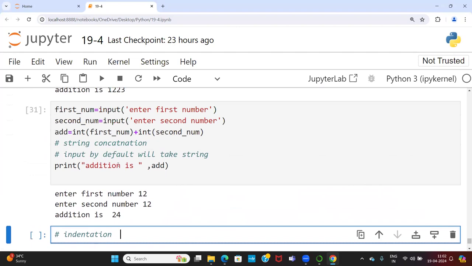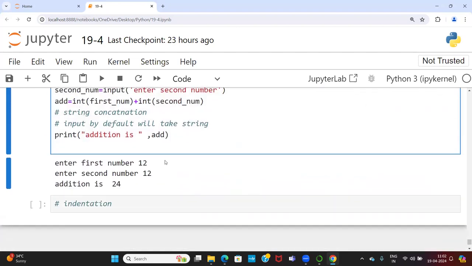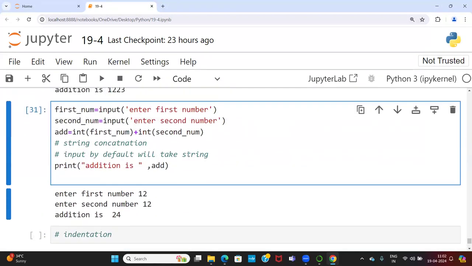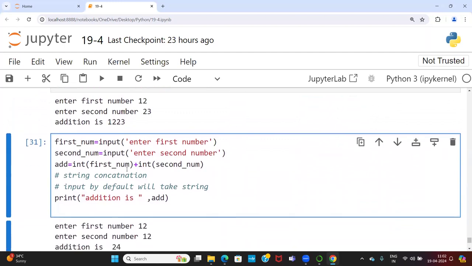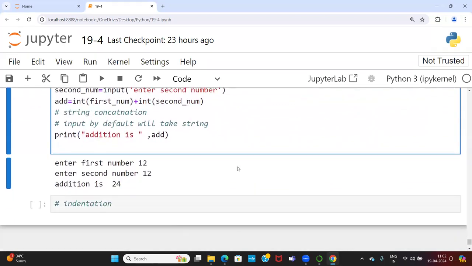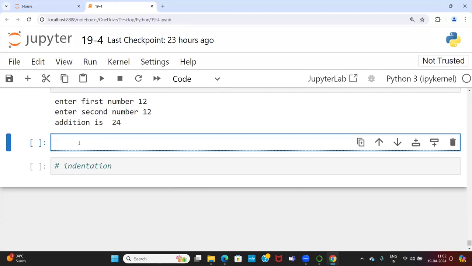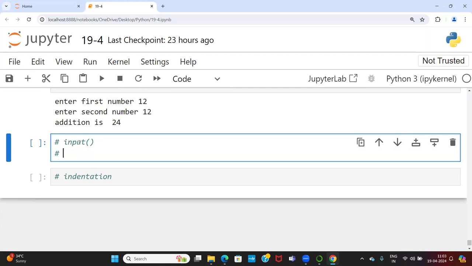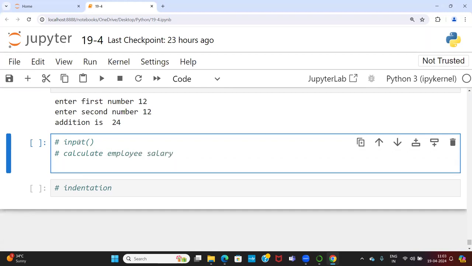Something like enter the first number, enter the second number, and all. Can we go with multiple programs about the input here? Okay, let me go with one more program for the input method. The program name is calculate employee salary. So the first input is going to store the employee name or employee salary, and